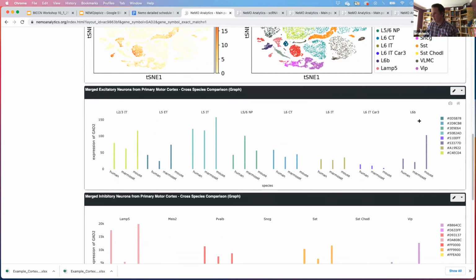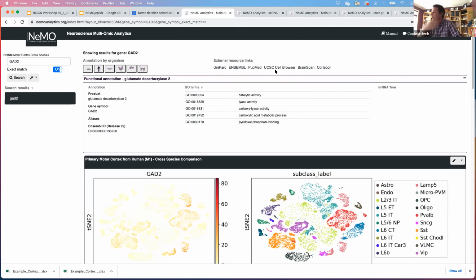For every single panel here, we have a couple of items on the right-hand side. Just as a quick overview for the page, you have some annotation at the top, so you have annotation by organism. Based on the data set, it already knew that this was a mouse data set, that's within the metadata. If you needed more specific information for GAD2 and human, you simply click on the human portion and you get a little bit of that gene information. And there's also link outs to various other data resources or other gene information.